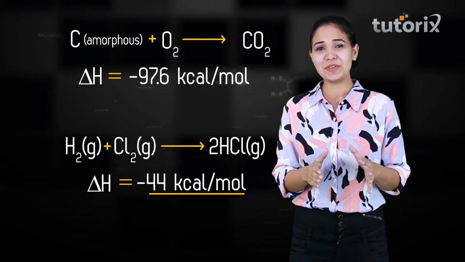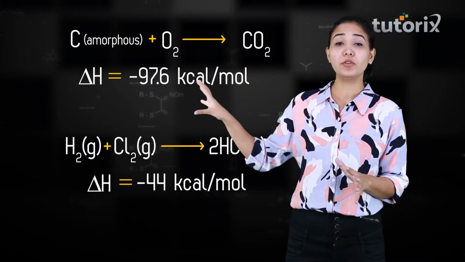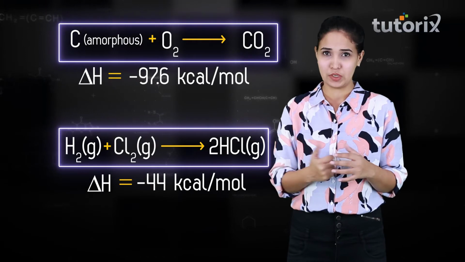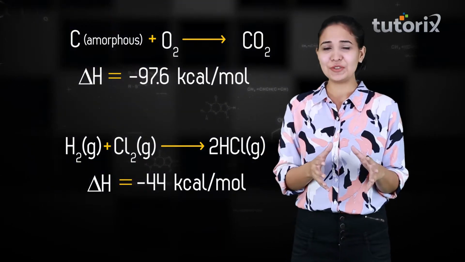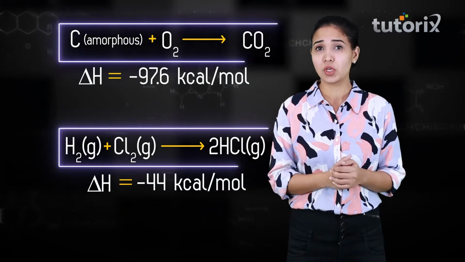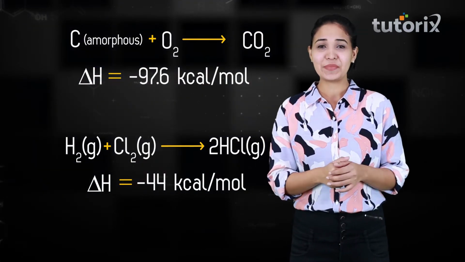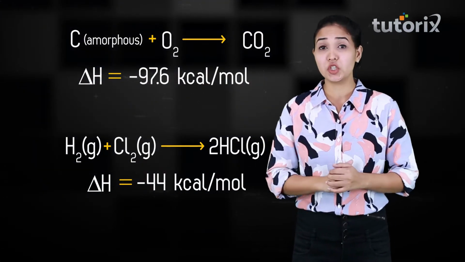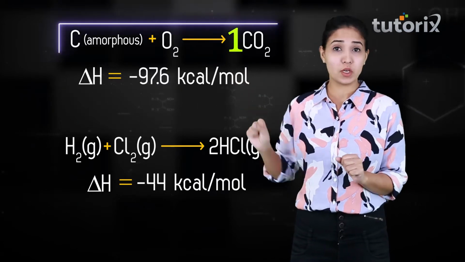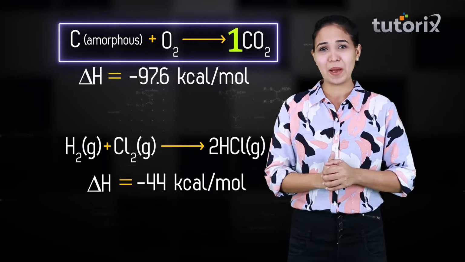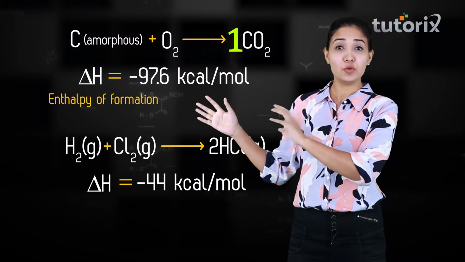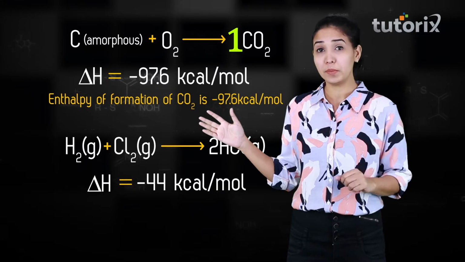And I hope you remember guys, in our last class we talked about these delta H values and how they are related with the equation. So we have understood that the delta H values are provided for these equations. So what did I just say? I said that heat of formation is regarding 1 mole, correct? So in the first equation, only 1 mole of carbon dioxide is formed, correct? So simply we can say the value which is being given is the heat of formation.